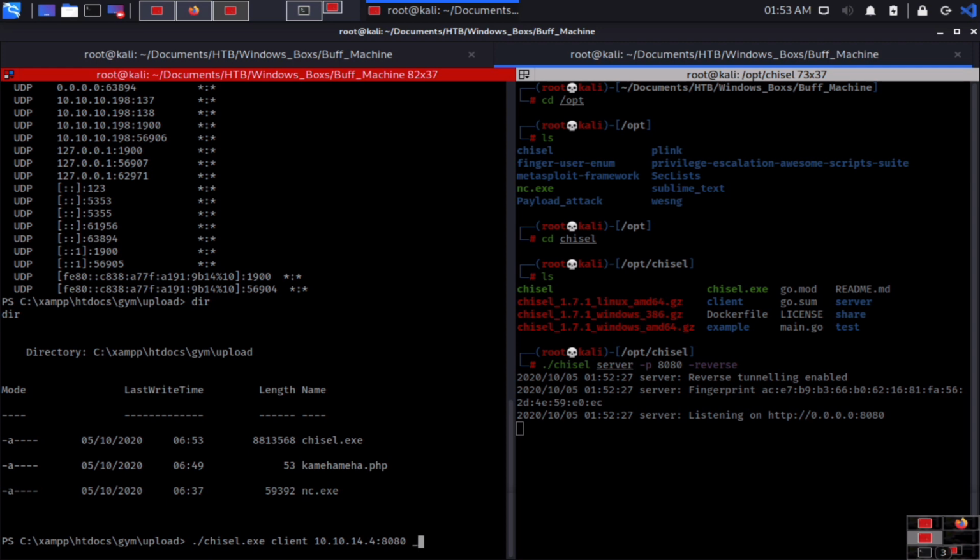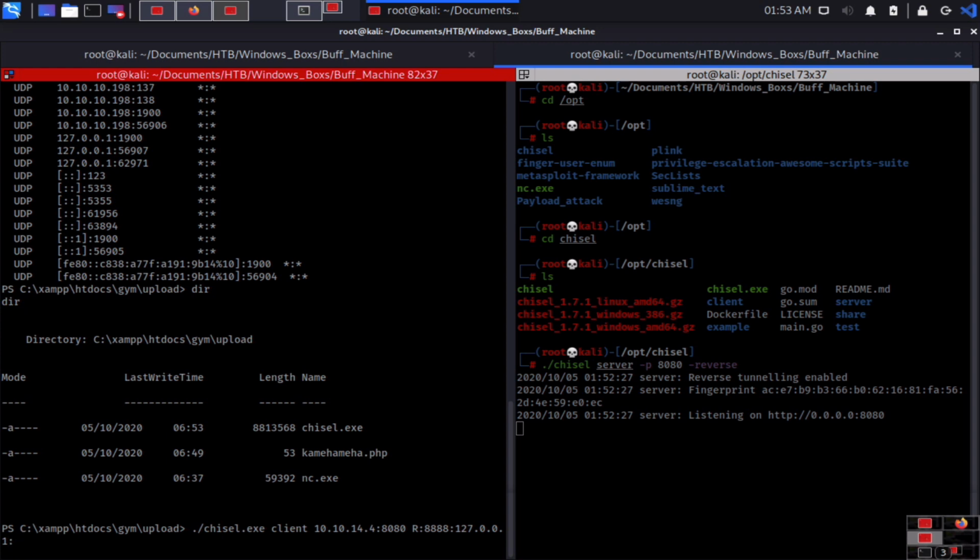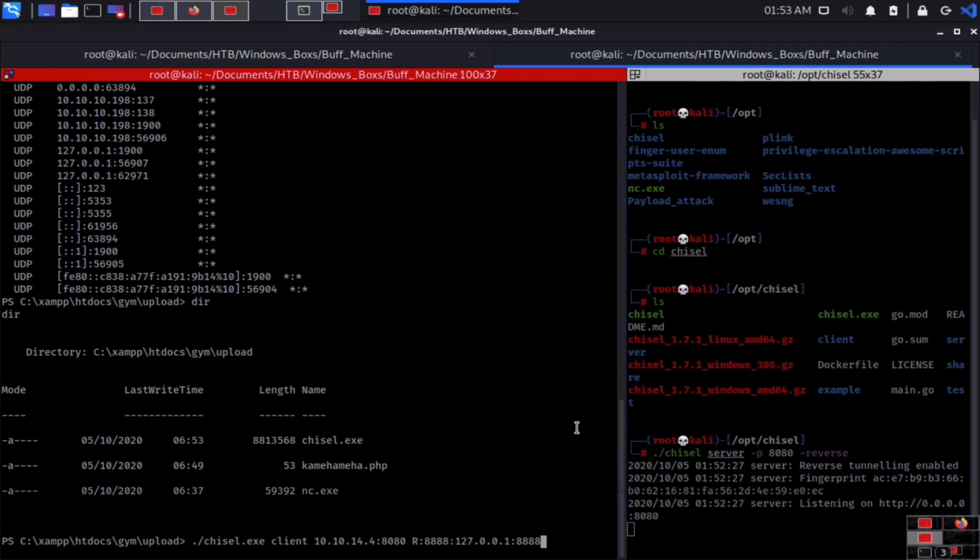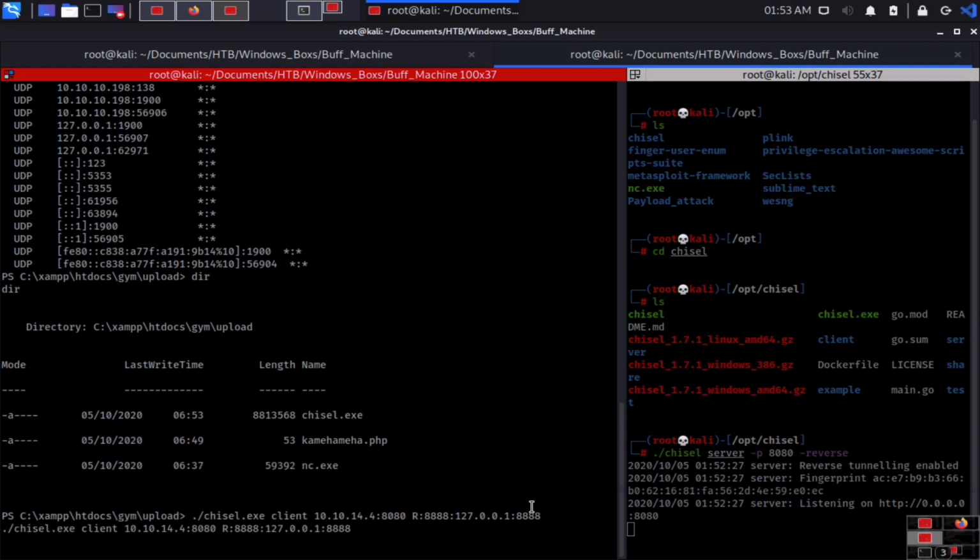and then we can use R colon. Generally we are using -r, right? So we can use here R colon 8888. You can take this from this particular thing, 127.0.0.1 colon 8888. This is how you can type it. So here is the example: simply run this command and press enter. Everything looks fantastic,